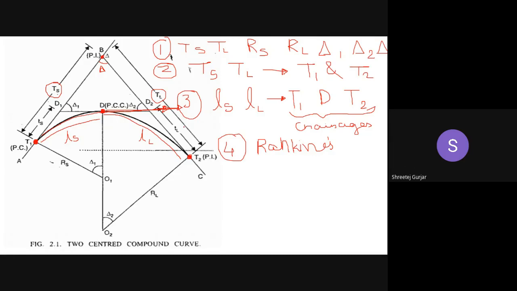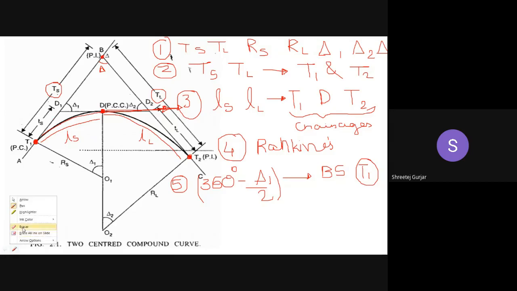Then once you shift and you set your theodolite over here, you have to set in the horizontal scale, that is in scale A, a particular angle. You have to set a particular angle of 360 degrees minus delta 1 by 2. Set this particular angle first, and then take a backsight on T1. This angle should not change when you are taking the backsight. Your upper clamp should be tight. Only your lower clamp you have to loosen, and you have to take a backsight on T1. Okay, so let me show that particular line.